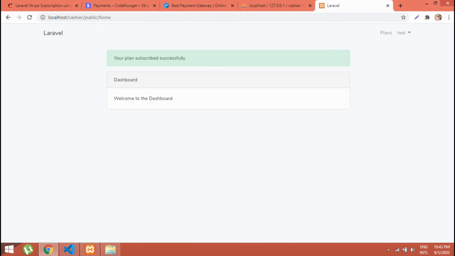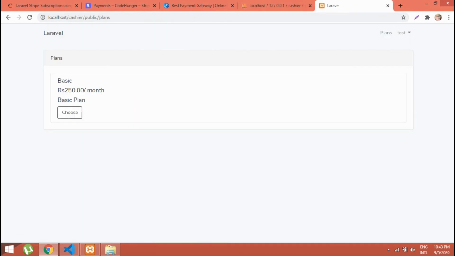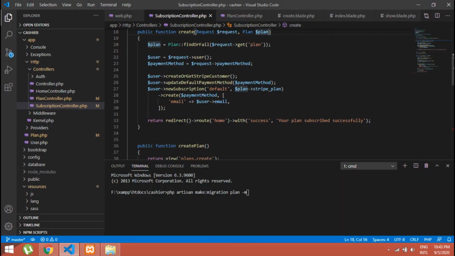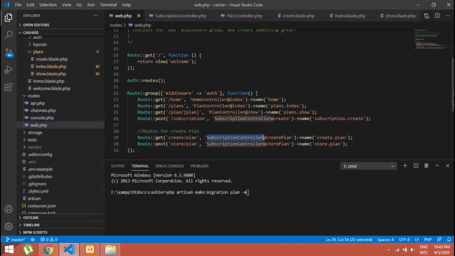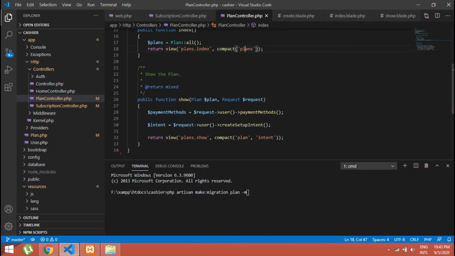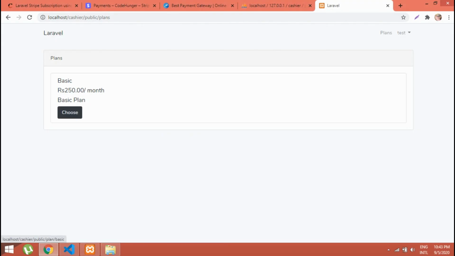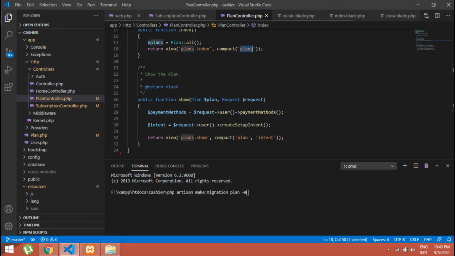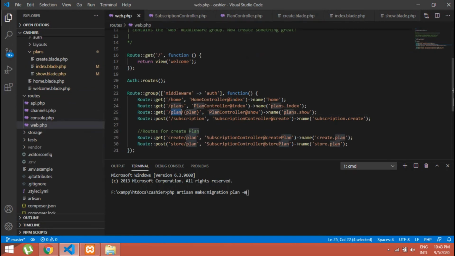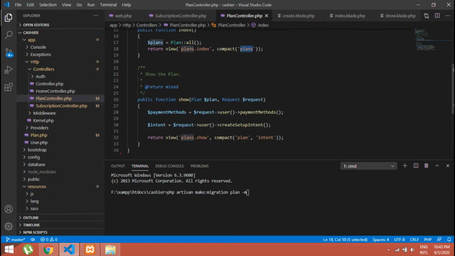Okay, now move to the second thing. When someone clicks on plans, right, so plans will put me to the plan controller at the index file. It will go to the plan controller, simply it will show the plans list, right? When we click on choose, it will give me to the plan/basic. It means it will go through the plan controller, so at that time this will be called with those two parameters,